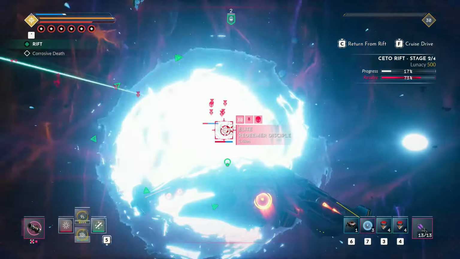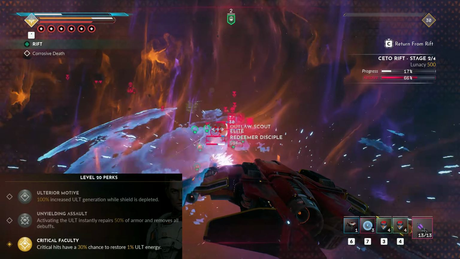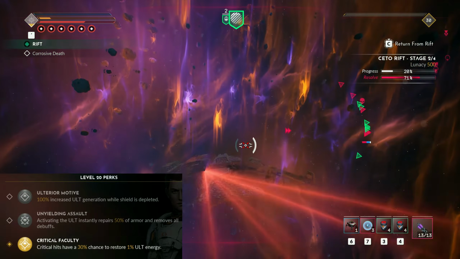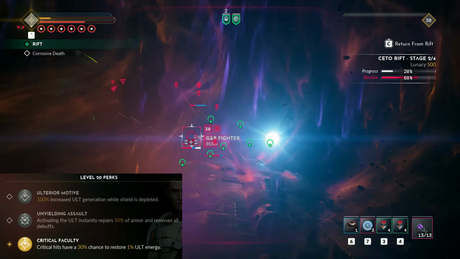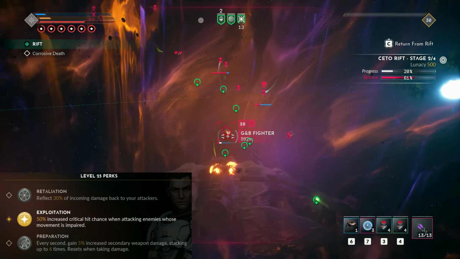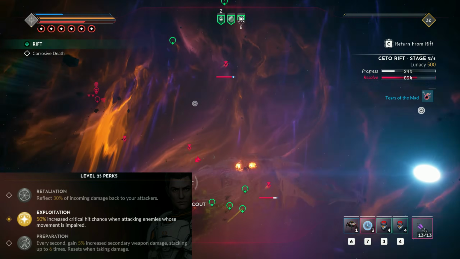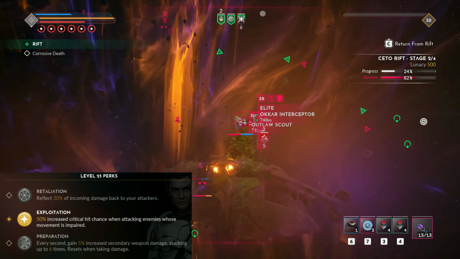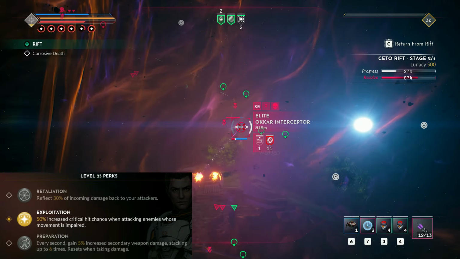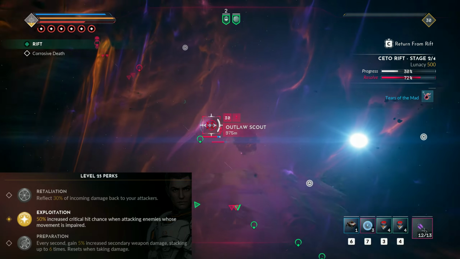We are trying to utilize critical hits, so the level 20 perk is set to Critical Faculty. This will improve our ultimate recharge, especially when firing at webbed or EMP afflicted targets. Exploitation is crucial for this build. This level 25 perk is the reason we use web missiles in the first place, and the occasional free missile supports this further. 50% increased critical hit chance against movement impaired targets is a huge damage boost